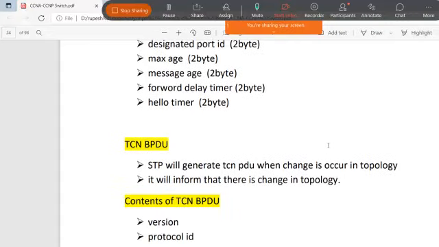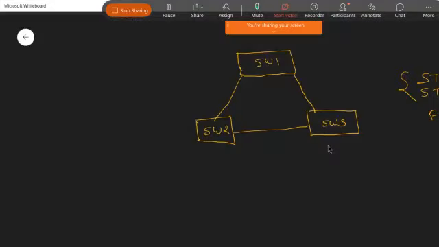Then what is the TCN BPDU? STP generates a TCN BPDU when a change occurs in the topology, which is the topology change notification. Suppose a network or a link goes down. That is how the root bridge understands there are changes in our topology.